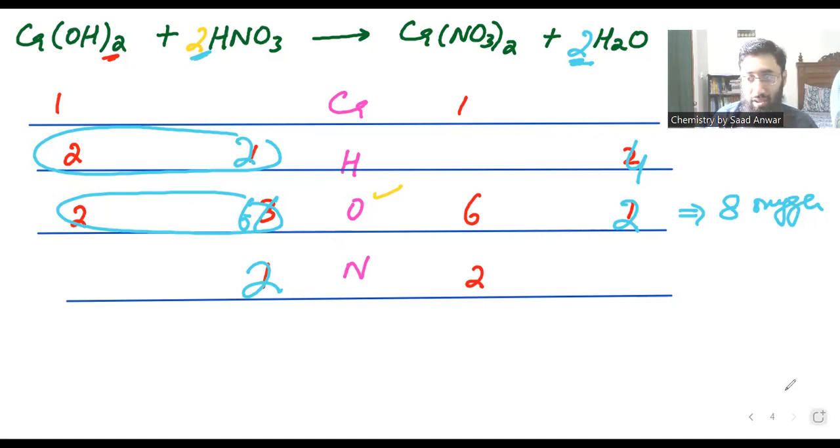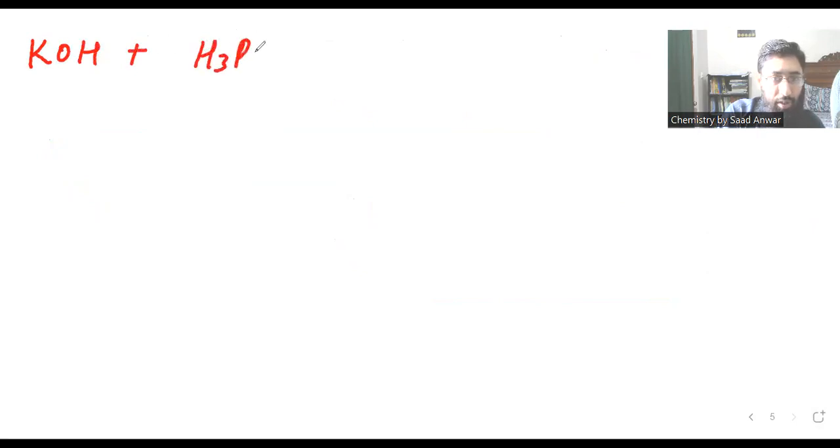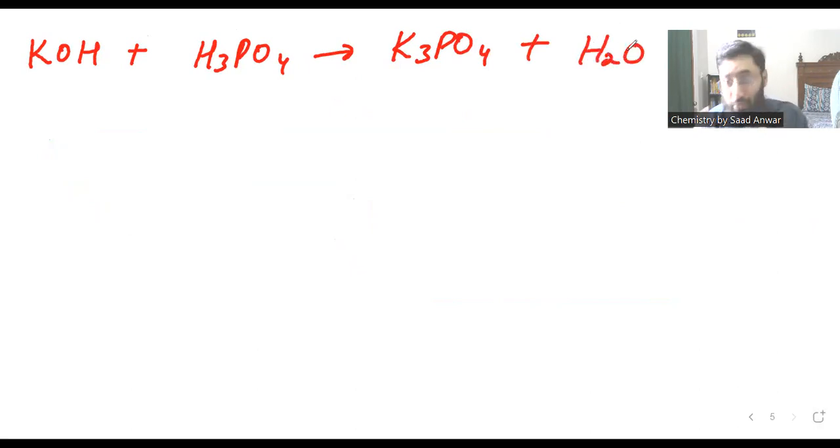Now let me take another equation as homework. I'm going to give this equation as homework. We have potassium hydroxide, KOH, plus phosphoric acid, H3PO4, giving K3PO4 and water. This is homework. Now you try to balance this equation, and if you feel any difficulty in balancing the equation,